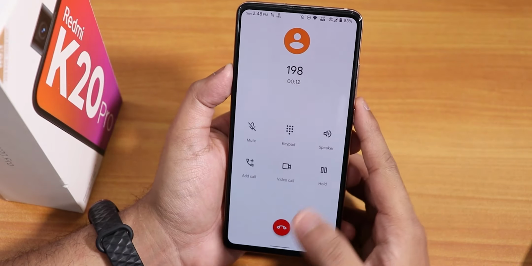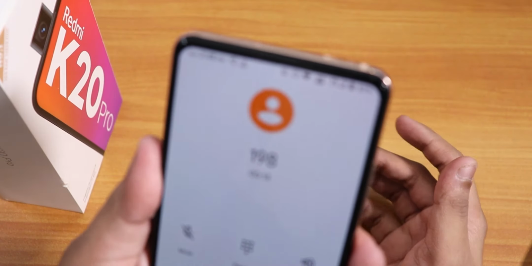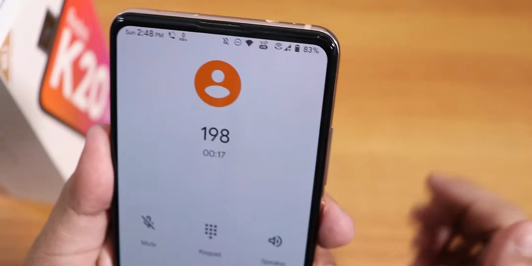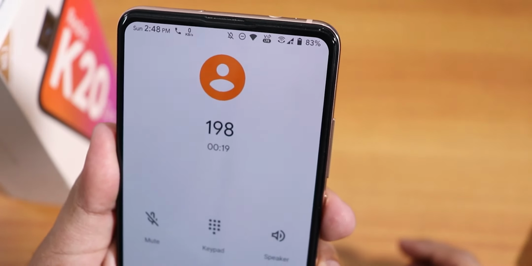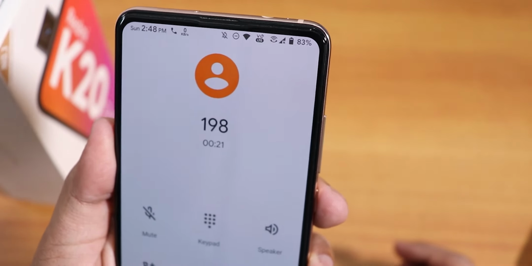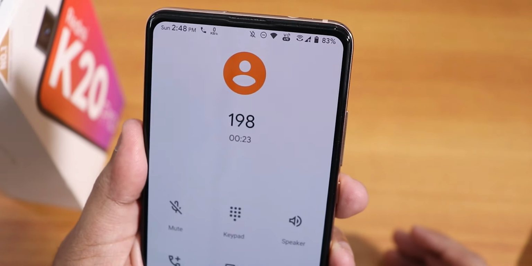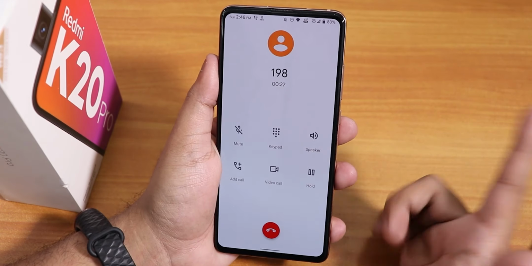And here we do have a video calling option, then the other options, but yes, no call recording option that I'm noticing over here. But the Wi-Fi calling actually does work, if you're noticing on the top on the status bar, the Wi-Fi calling logo did appear, so VoLTE and Wi-Fi calling both are working fine here, and my SIM is a Jio SIM by the way.